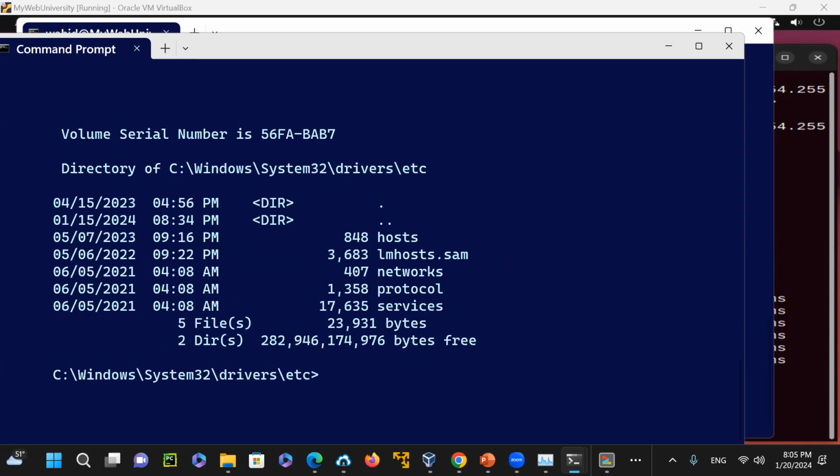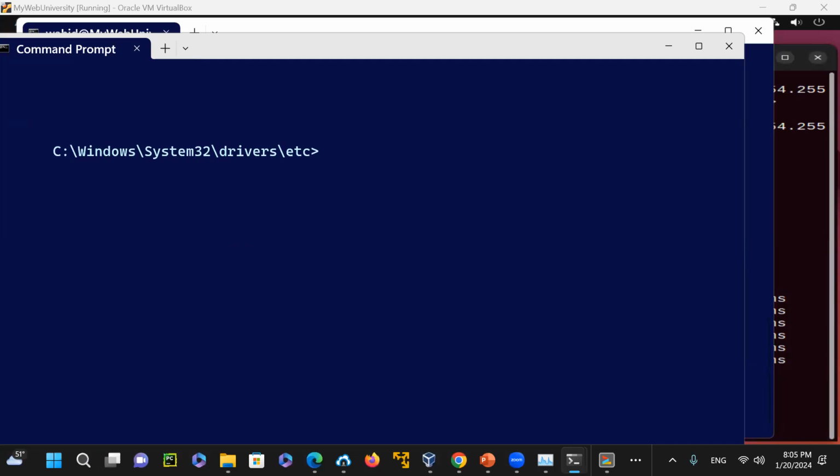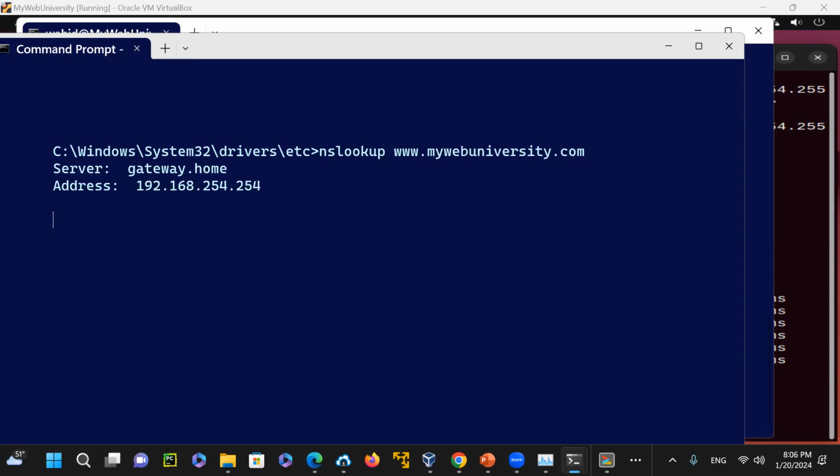There's the hosts file, and then also services, networks and protocols, all the files there for identifying that detail. So nslookup www.mywebuniversity.com,